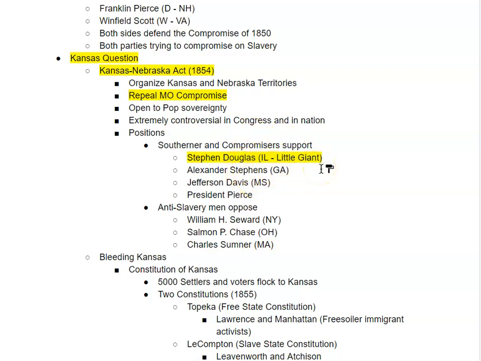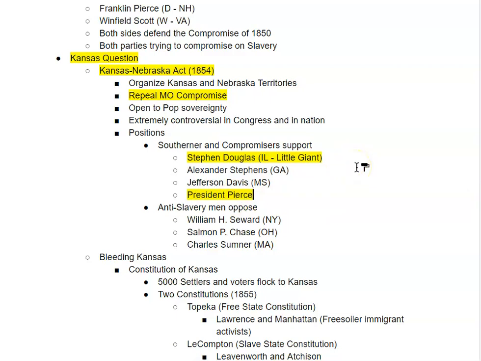Alexander Stephens, I believe, governor of Georgia; Jefferson Davis, senator from Mississippi, the future president of the Confederacy; and Stephens, the future vice president of the Confederacy. You had the current president, Democrat from New Hampshire, President Pierce, also endorsing this as a good thing